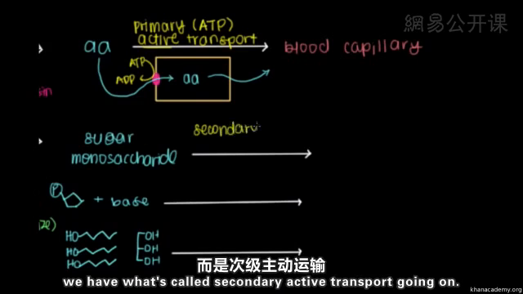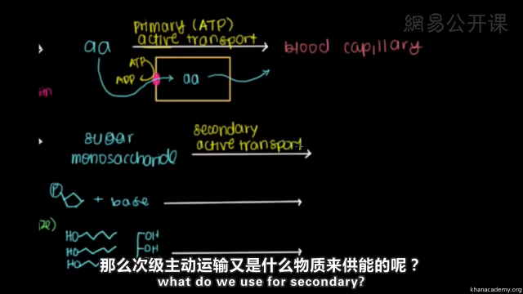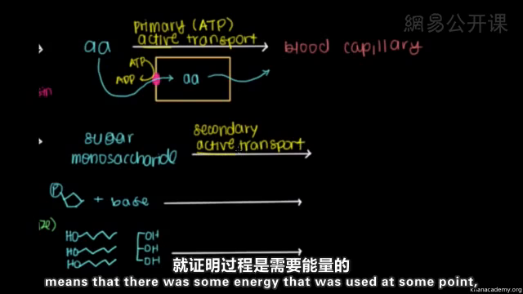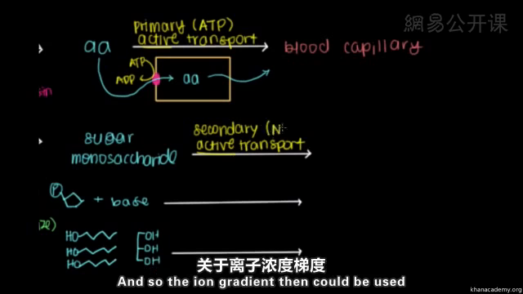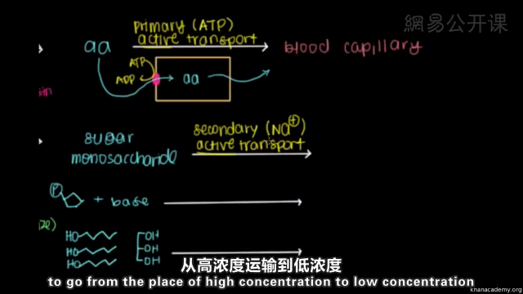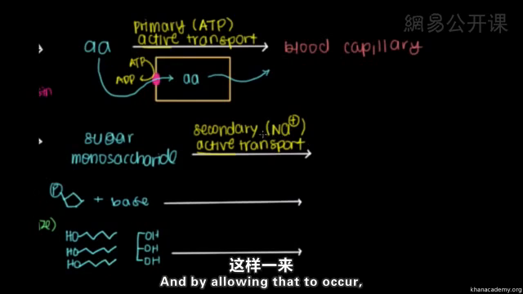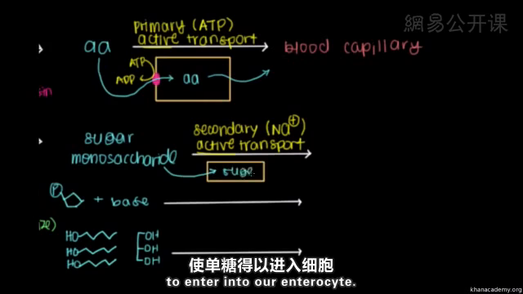Monosaccharides or sugars have a similar thing going on, but instead of primary active transport, we have what's called secondary active transport going on. So if we use ATP for primary active transport, what do we use for secondary? Well, the fact that we're saying this is still active transport means that there was some energy used at some point. And the energy actually was invested in setting up an ion gradient. And so the ion gradient then could be used by allowing something like sodium to flow down its gradient, to go from a place of high concentration to low concentration where it can relax. And by allowing that to occur, energy is then harnessed,